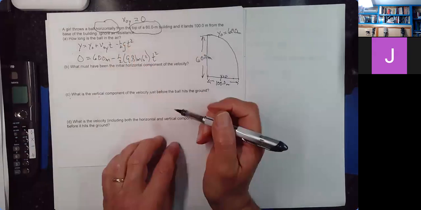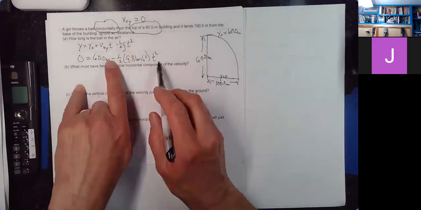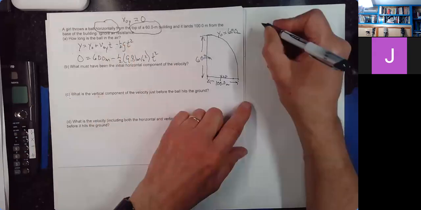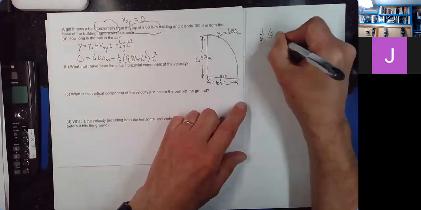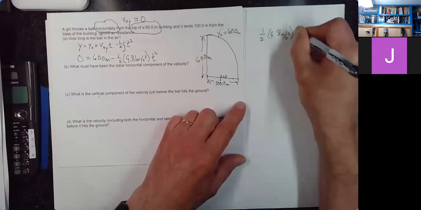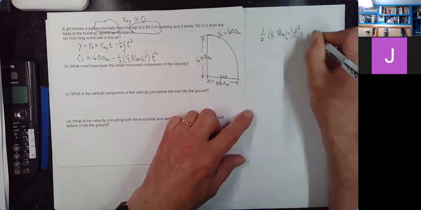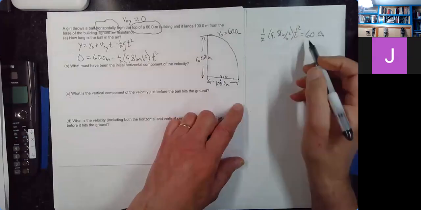That's my only variable. So if I bring this term to the other side, I'll have 1/2 times 9.81 meters per second squared times t squared is equal to 60.0 meters. Multiply both sides by 2, and I'll get